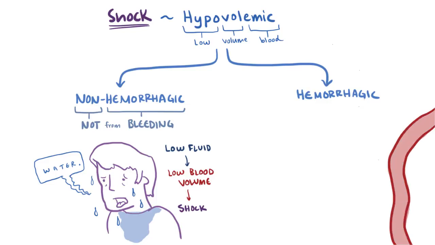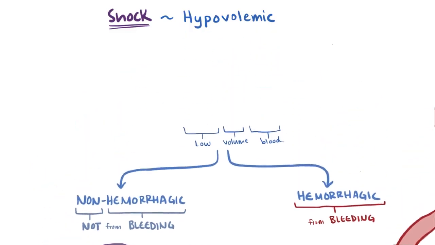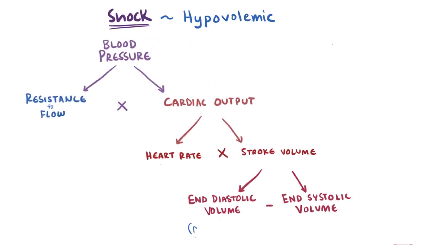Hemorrhagic hypovolemic shock, on the other hand, is loss of blood volume through ruptured blood vessels. In other words, from bleeding. A loss of about 20% of your total blood volume, roughly 1 liter, can be enough to induce hypovolemic shock. And when that liter of blood leaves the circulation, the total volume filling into the heart goes down, meaning the end diastolic volume goes down, right? This means stroke volume goes down as well, which causes cardiac output to go down,